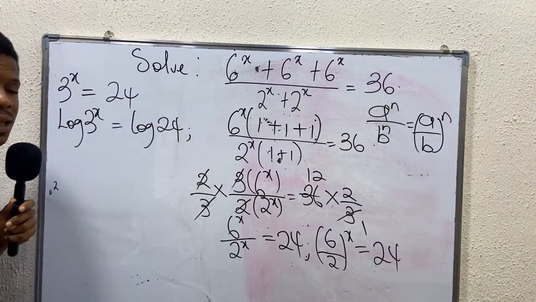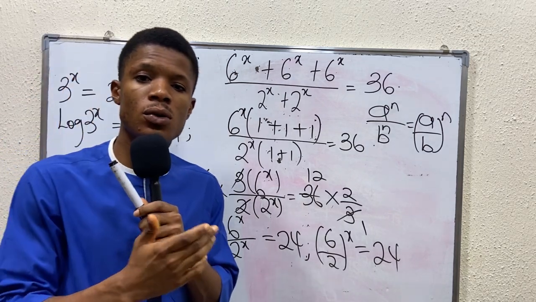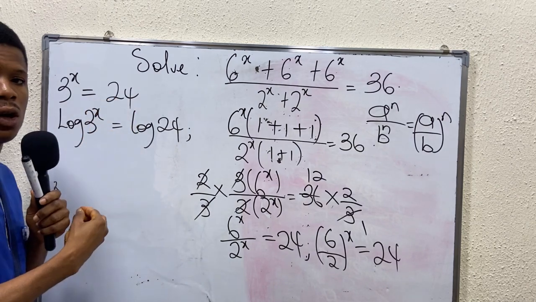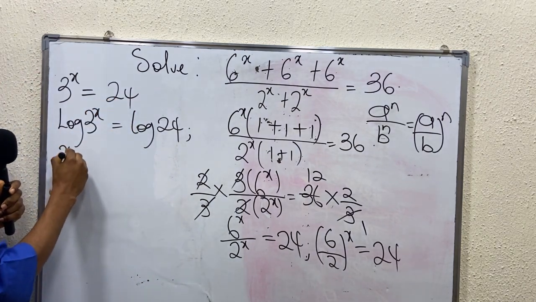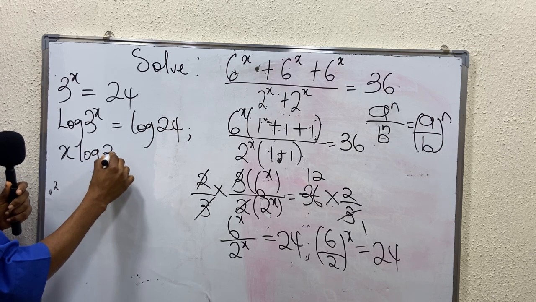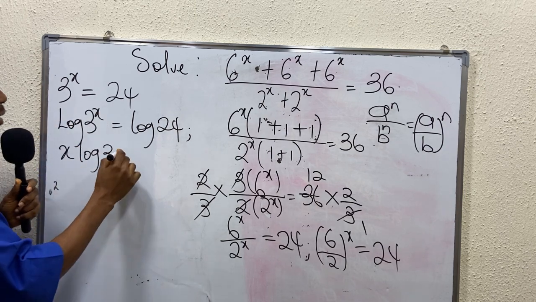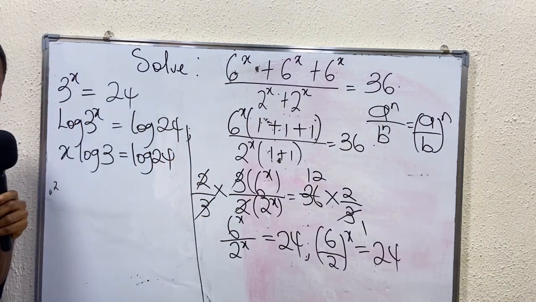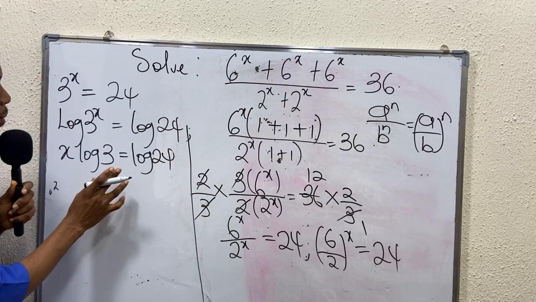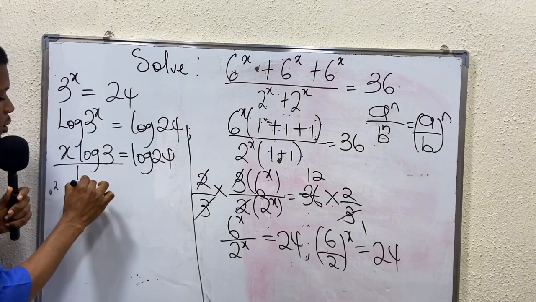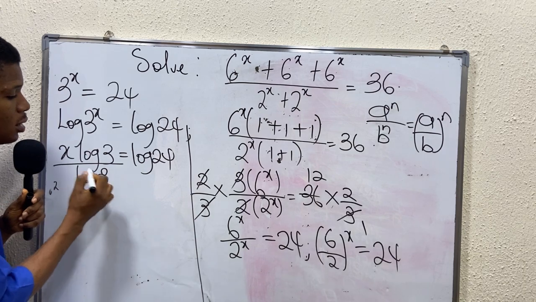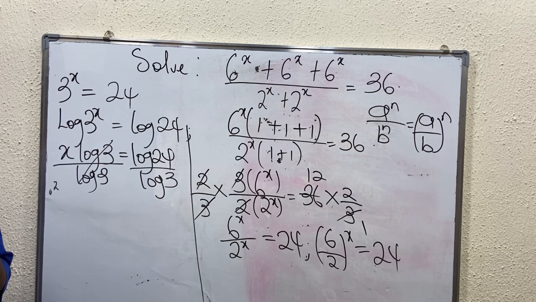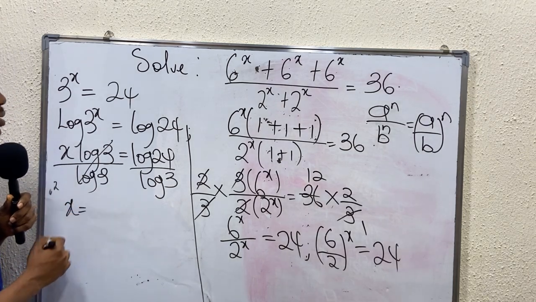The reason why we are taking this log is that logarithm allows us to bring the power, the exponent in the number, to the front of the log. So here, since this is x, we can now have it as x log 3. Multiply the power to the log, and that equals log 24. Okay? So now, since we are looking for x, we divide both sides by log 3. If log 3 cancels out, we are left with x equal to